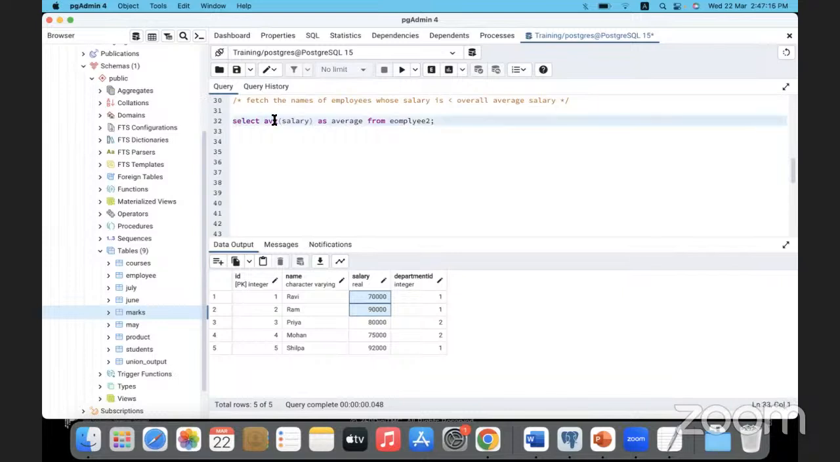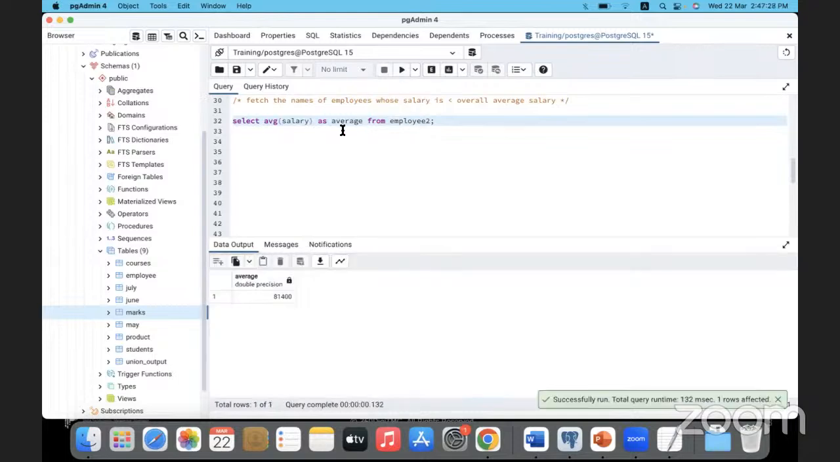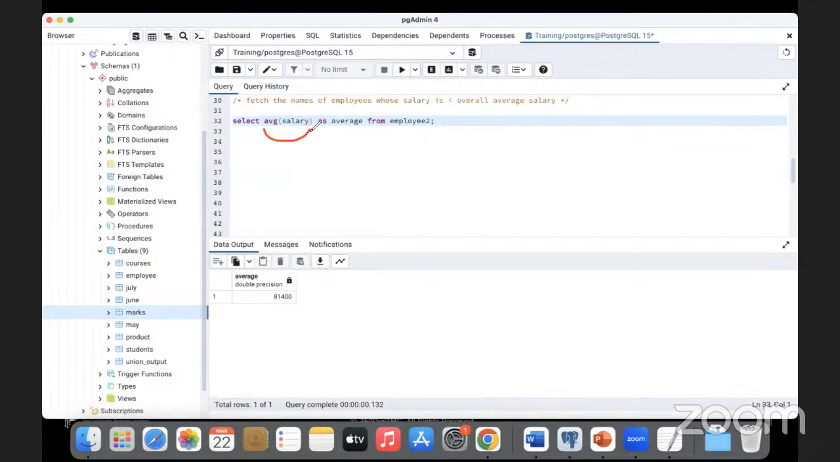So when I run this query which has an aggregation, it is going to give me the average salary, and it is going to show that average as average itself. Over here you can see. So what has happened here? It fetched the average of the data in the salary column, which is stored as average. So you can see average here, and the average salary is 81,400. Based on the data that I have entered, it is